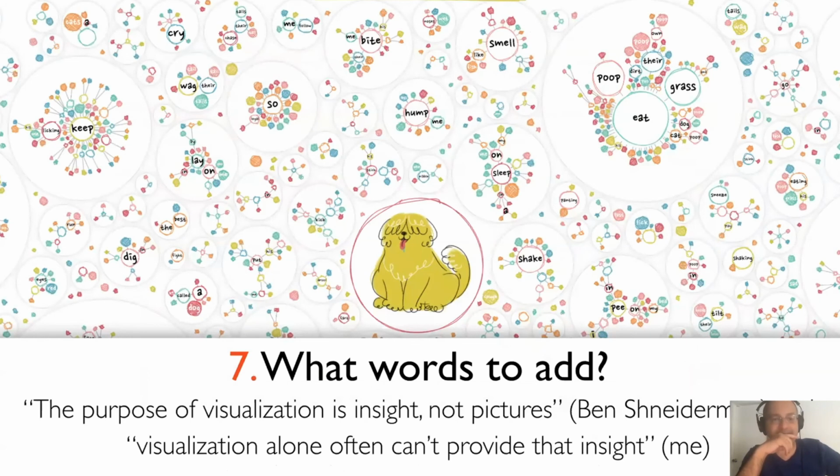One of the main mistakes that my students make is to first visualize and then add the words. That's not how things should work. Whenever you design a visualization, you need to be thinking at the same time, simultaneously, about the ways that you're going to visualize your data and about the words that you're going to use to put that data in context. Thinking about the title, thinking about the introduction, thinking about the annotations, what we call the annotation layer, right?